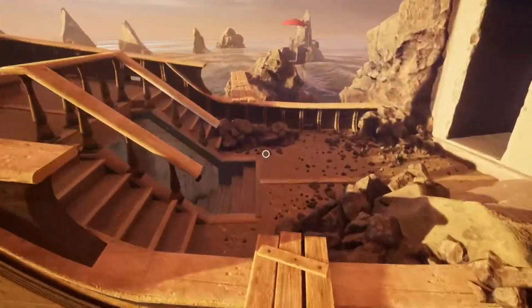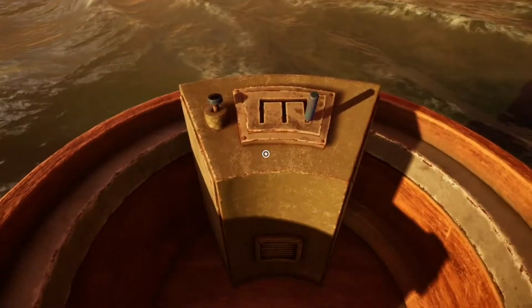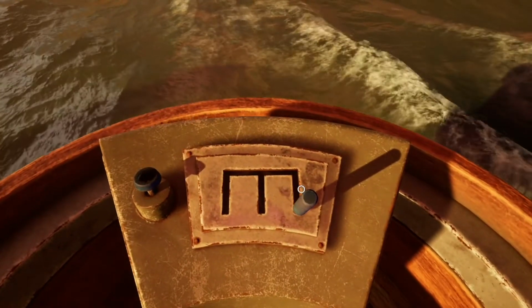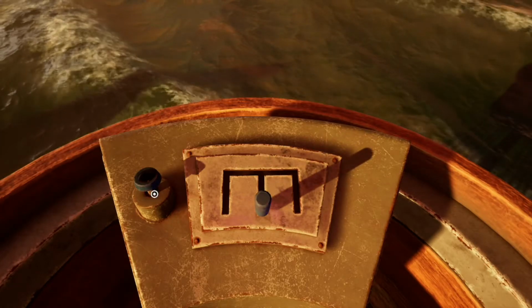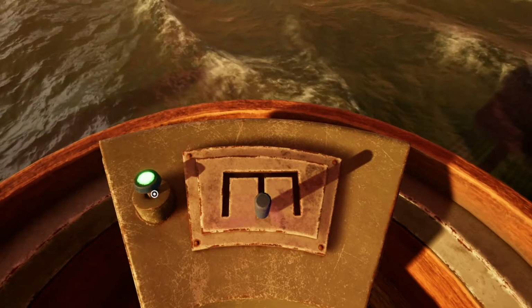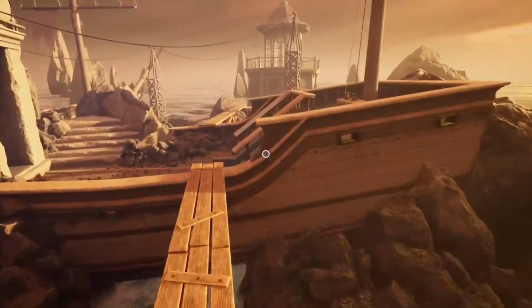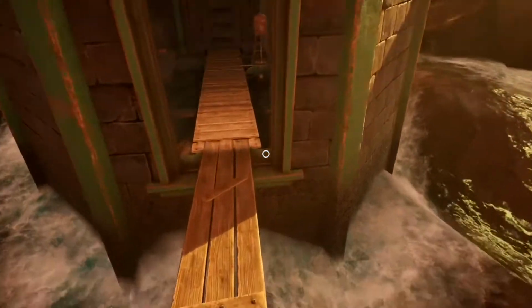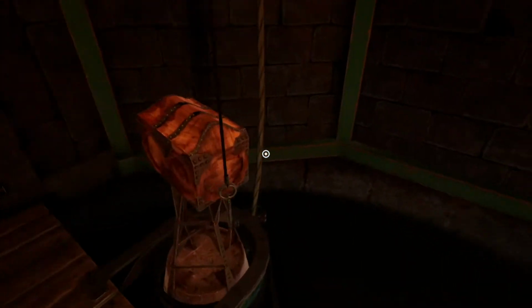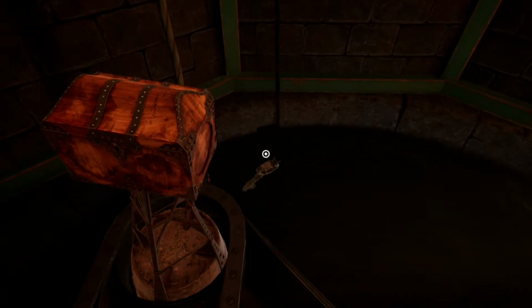Head back over to the umbrella over here, and then pull this lever again. This time you're going to want to lower it into the middle area and press the button again. That should now raise the water level inside the lighthouse, which it has now done, and the barrel that we emptied has come up. So we can now pick up this key